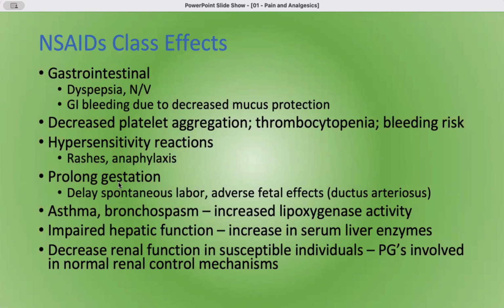During gestation, because of their effects on smooth muscle, they don't allow for uterine contraction to take place. So you get a prolonged gestation and late pregnancy. You also have a teratogenic effect called a PDA, patent ductus arteriosus, which is involved in the heart circulation, where oxygenated and non-oxygenated blood is allowed to mix in the heart. That could be a problematic issue in the newborn. Asthma and bronchospasm could be worsened